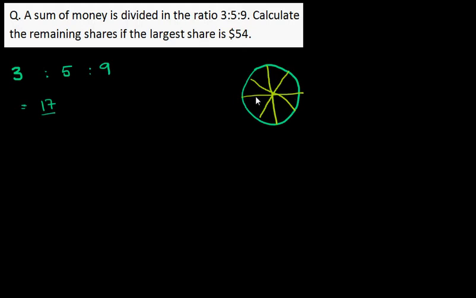1, 2, 3, 4, 5, 6, 7, 8. We're halfway there. 1, 2, 3, 4, 5, 6, 7, 8, 9, 10, 11, 12, 13, 14, 15, 16. And I'll just add another one here. So let's suppose that we have a circle that has been divided into 17 parts, and out of the 17 parts,